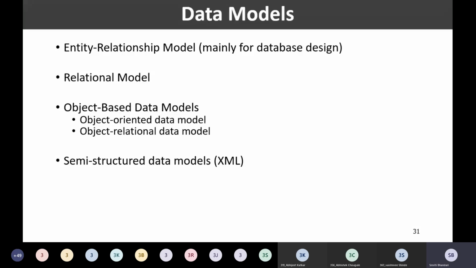Say for example, as I just mentioned, in the relational model, we are going to store our instructor by making use of a table, and that is a fixed structure. So every instructor will be described by 4 attributes or 4 elements. And what are those? ID, name, department name and salary.